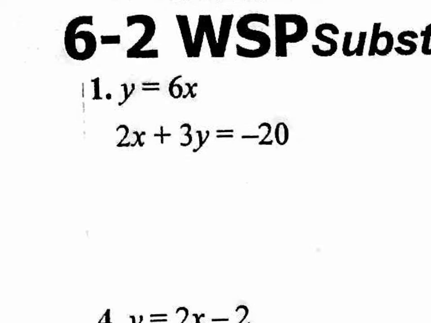So just think about this. If you wanted to get x by itself, it requires a lot of work. If you wanted to get y by itself, it requires a lot of work. Guess what? Up here, y is already by itself. So we're obviously going to pick that top equation. It already has the y solved for, so y is already by itself. So I could move on to step 2, which is to substitute this variable expression into the other equation I